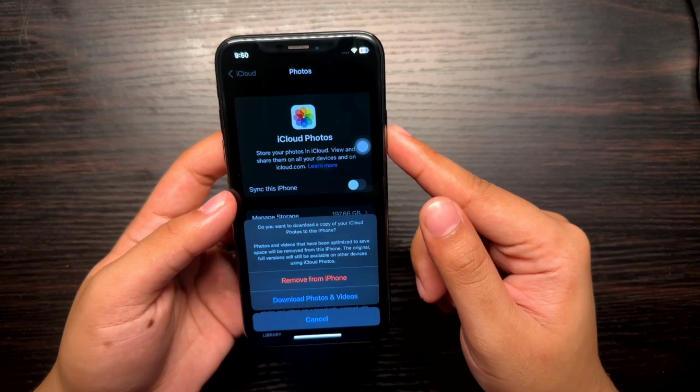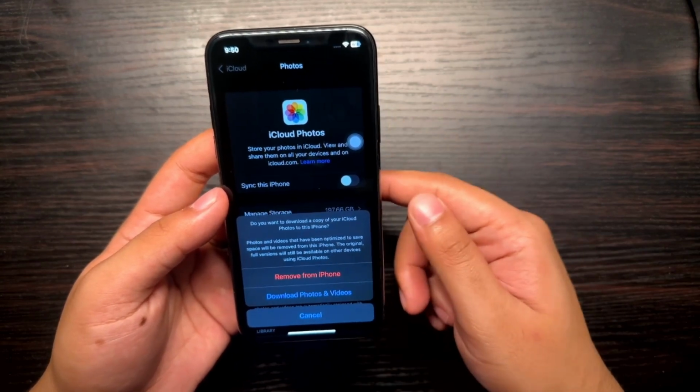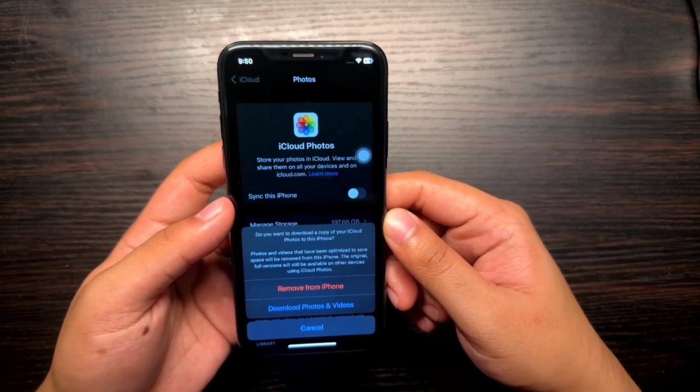Now, once you've clicked on download photos and videos, it will automatically be downloaded to your phone. And that's about it. That's how to restore photos from iCloud to